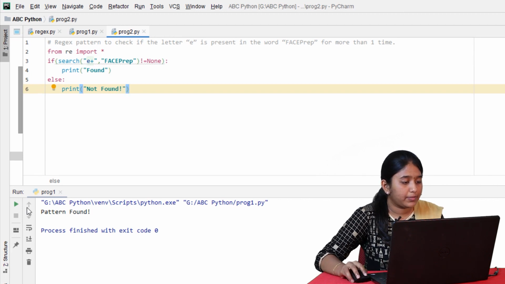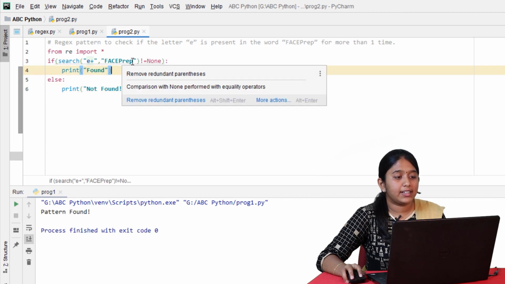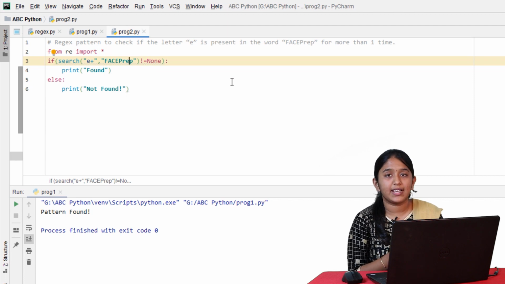Click on run. Since the letter E is present in the word face prep, it has written found.